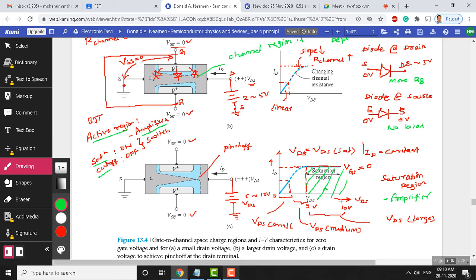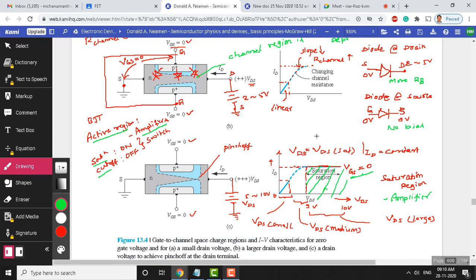You just have to identify that for some value of VDS, the drain current becomes constant. You have to fix the VGS; you should not vary VGS. Say VGS is equal to 0, 1, 2, 3, something like that. Don't go more negative. If you go more negative, the FET may enter into the cutoff region. So you maintain VGS at 0 and a positive value, since this is going to be an N channel, with 0 volts or 1 volt or 2 volts like that.